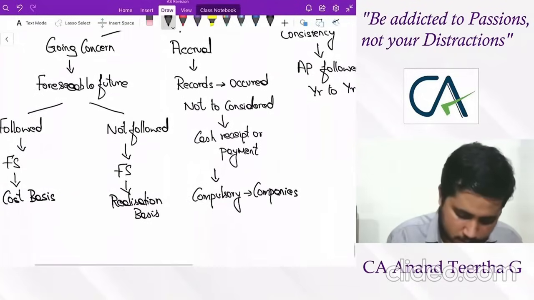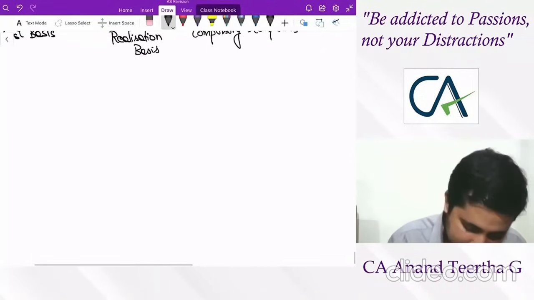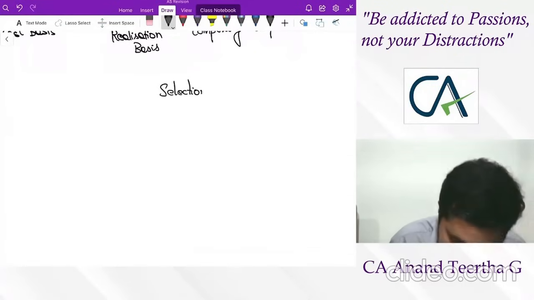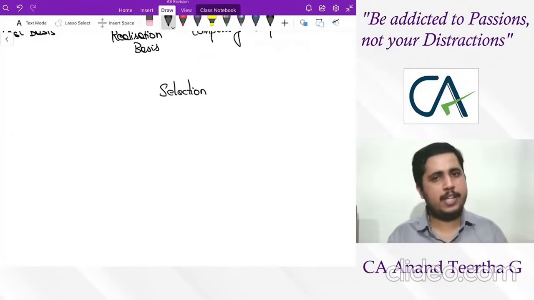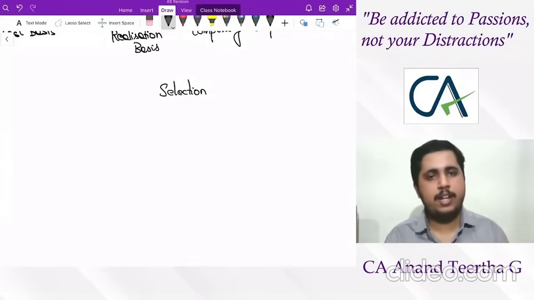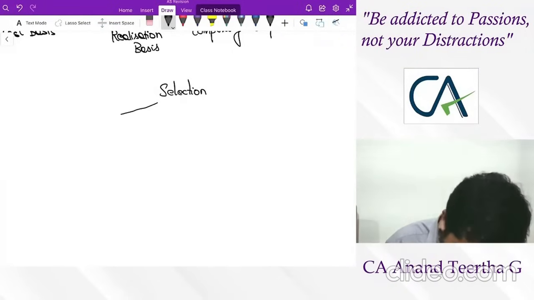Next part of element which is set by AS1 tells us how do you select an accounting policy. Now, what are the selection aspects of an accounting policy? Yes, major selection aspect is it should provide true and fair view. But to create an accounting policy, what are the things which you have to take care of? Number one, you have to take care of prudence. So one of the basic stuff in accounting, what does this tell?